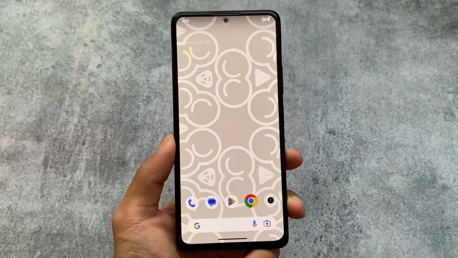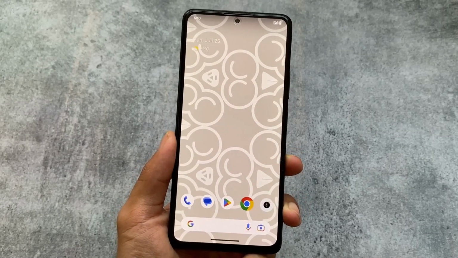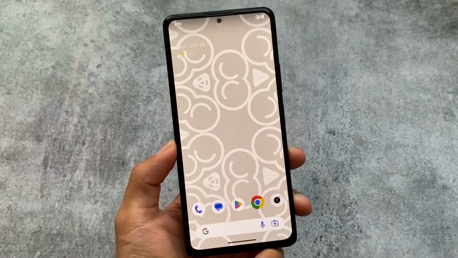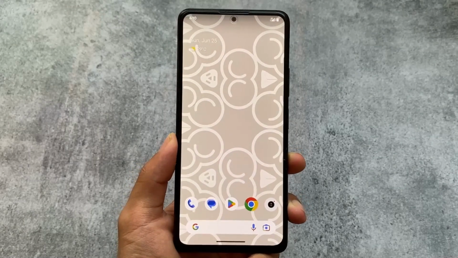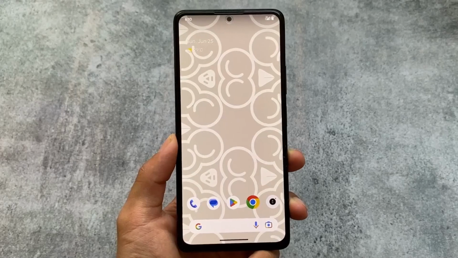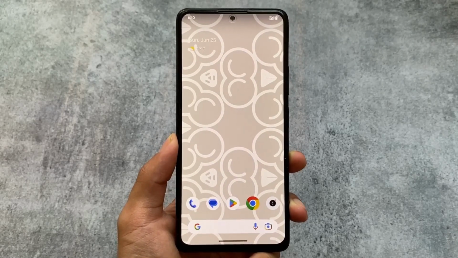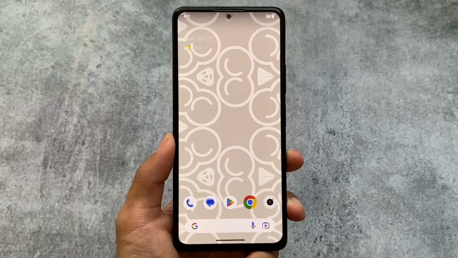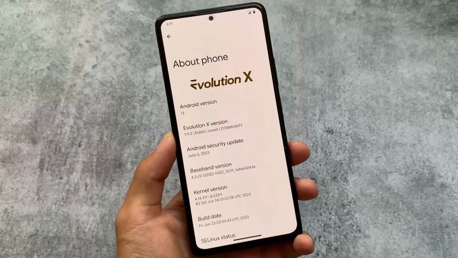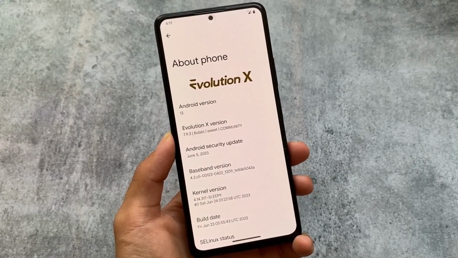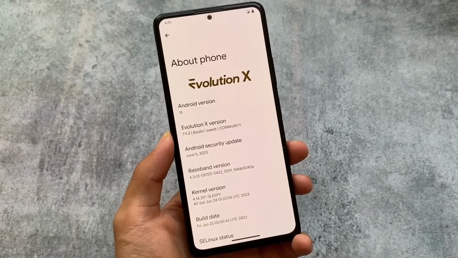So the most awaited update of EvolutionX OS is here. The version is 7.9.3 which I have installed, and there are some very interesting UI changes, some more visual changes. We'll talk about all of those things in this video, so stay tuned and make sure to watch this video till the end. The version I'm talking about here is version 7.9.3, and as expected it is having the June